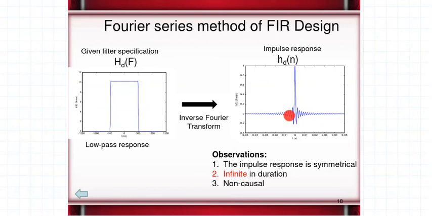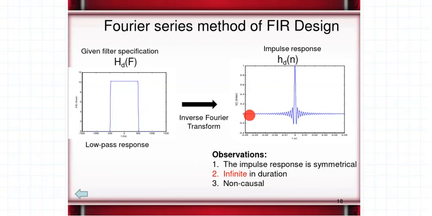And as discussed previously, designing the filter involves designing the impulse response of the filter. So it means that in a single step, we have obtained the impulse response of the filter. Does it mean that this is the step wherein I expect to get my filter coefficients? Let us answer this question by looking at certain observations that we have obtained from the impulse response.